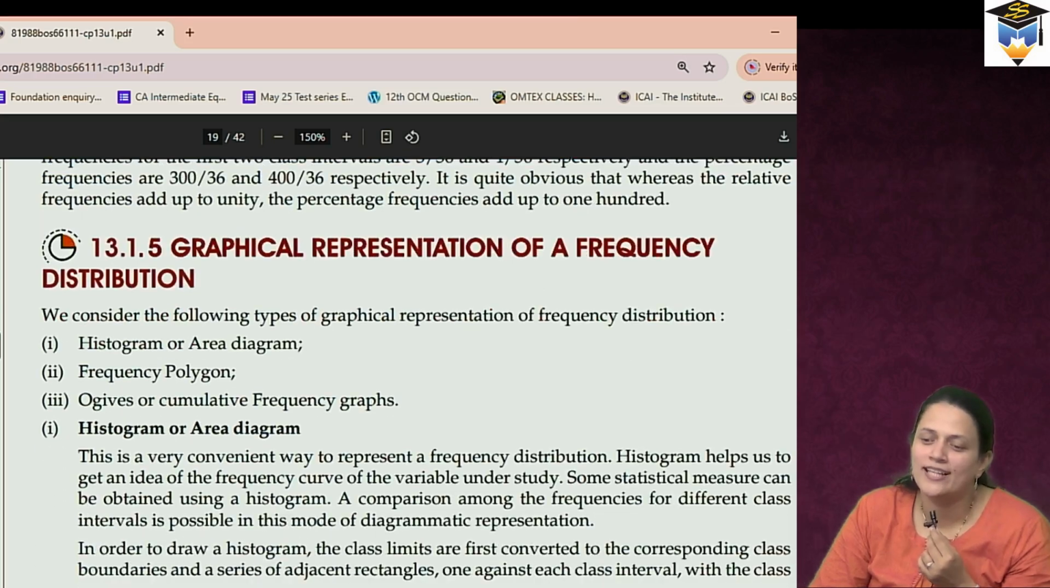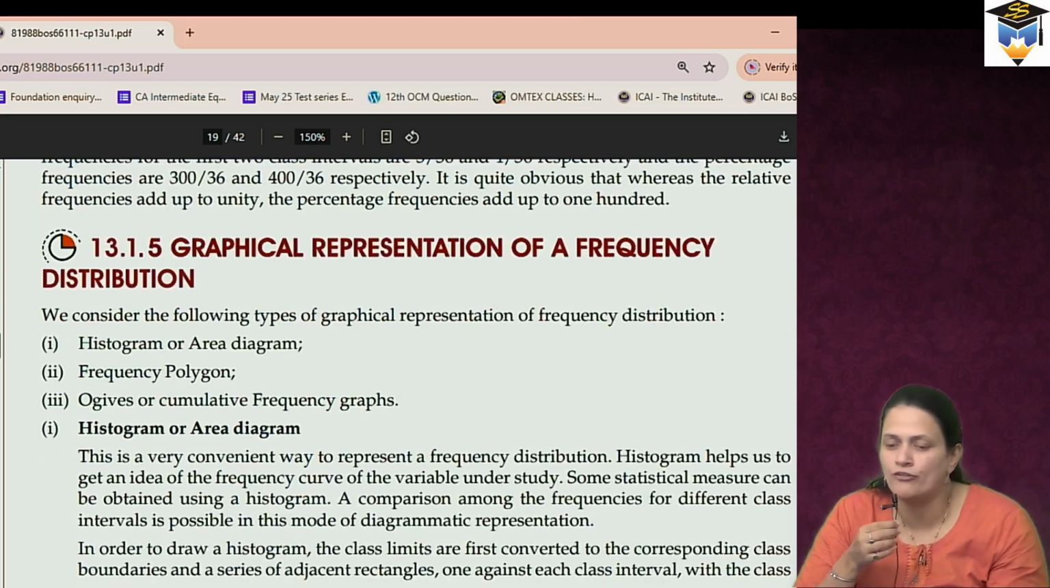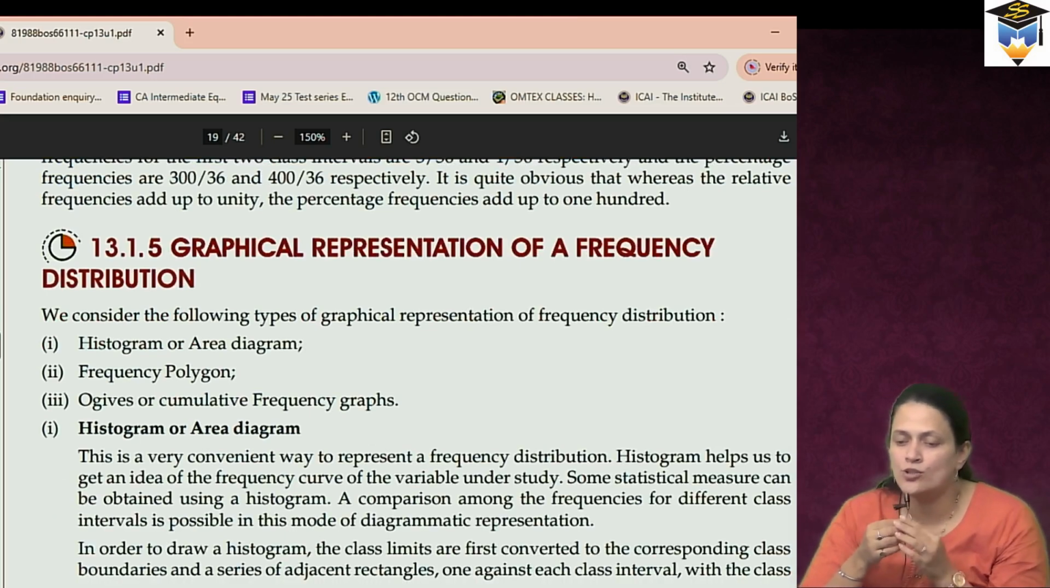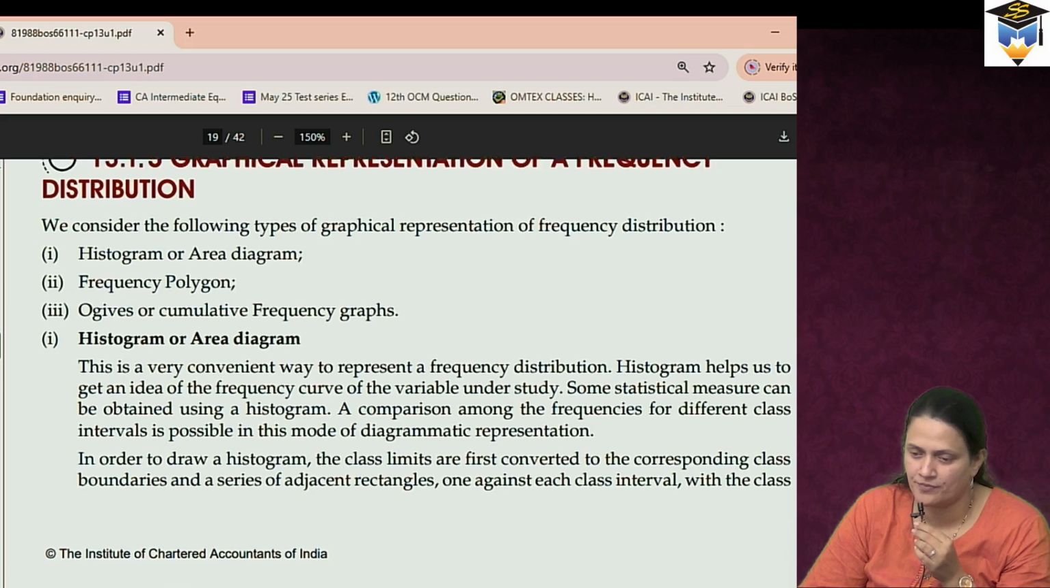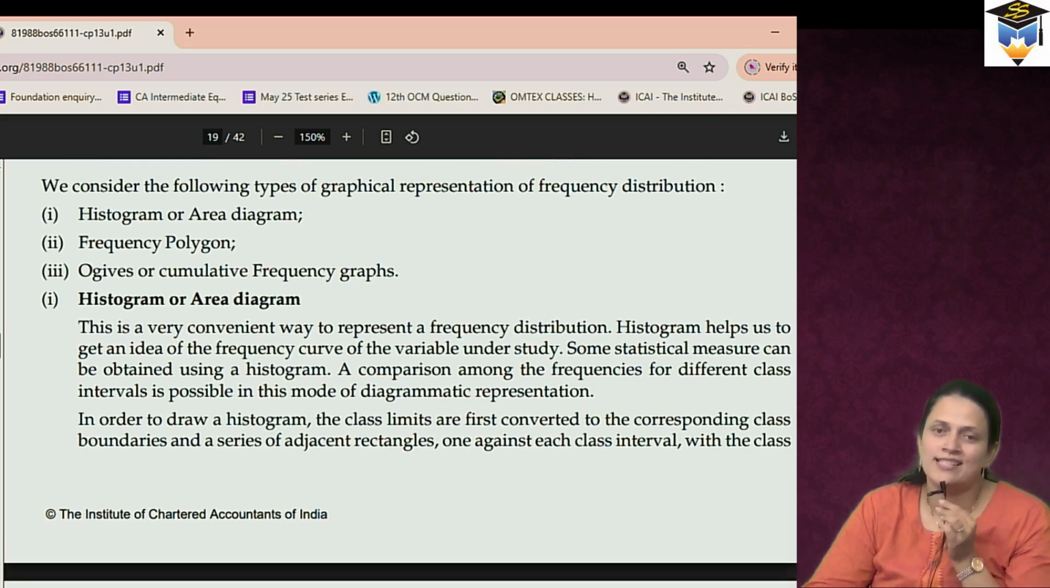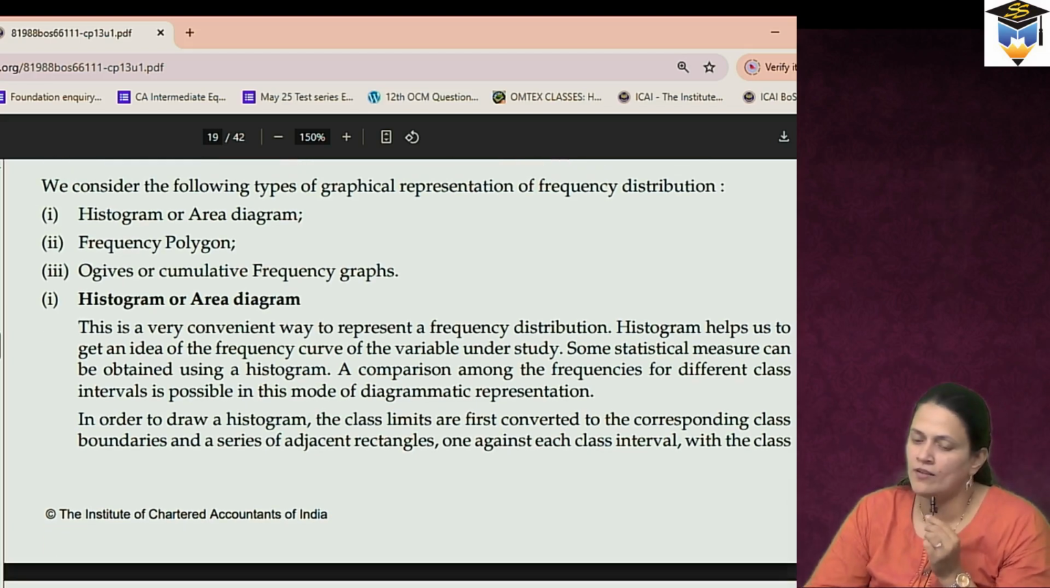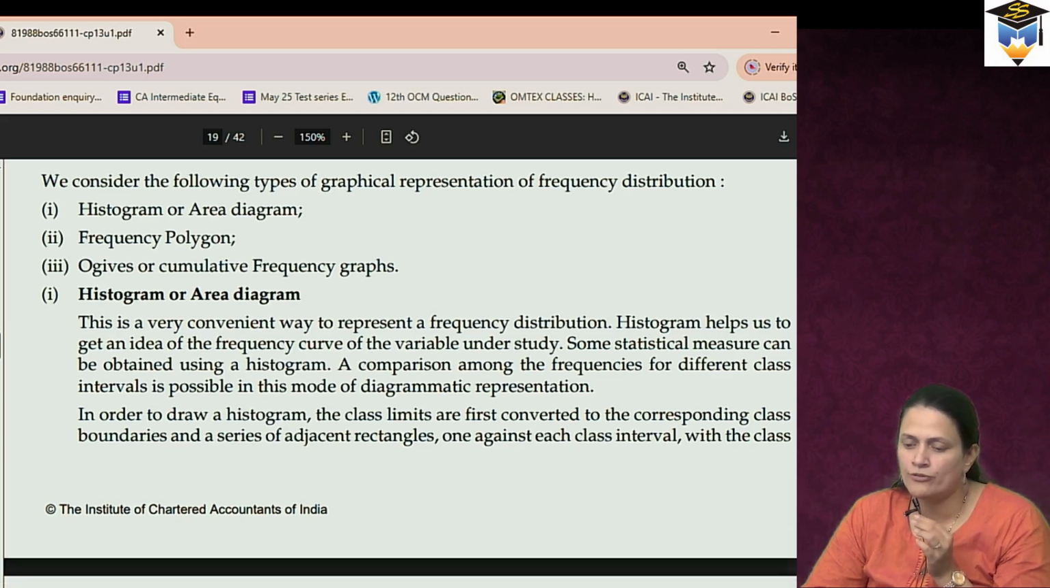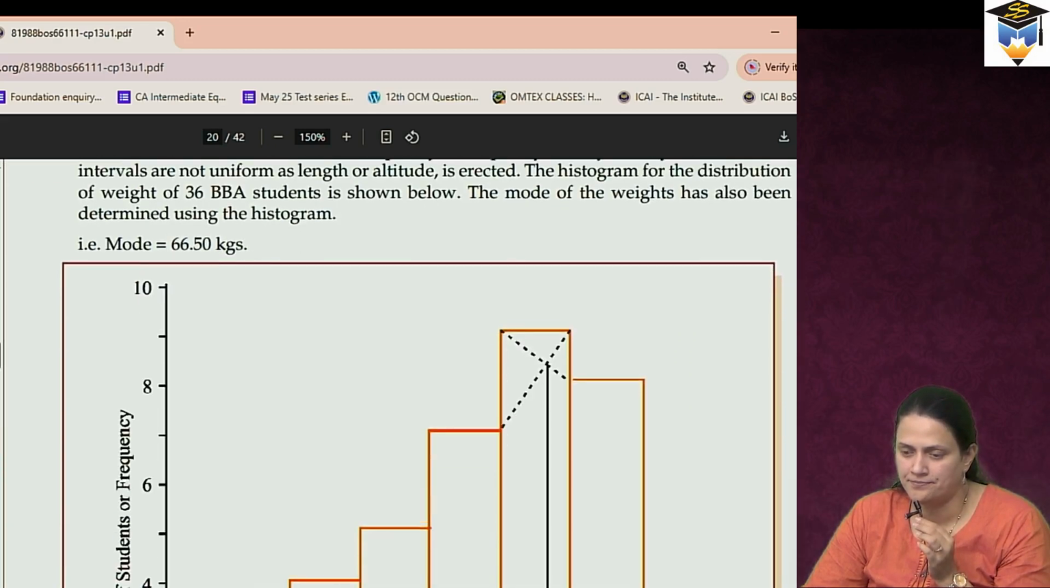Next, now let us come to the graphical representation of a frequency distribution. First is the histogram or area diagram. Let us read it. If you don't understand, let me know. Histogram or area diagram: this is a very convenient way to represent a frequency distribution. Histogram helps us to get an idea of the frequency curve of the variable under study. So if you go and observe the histogram,